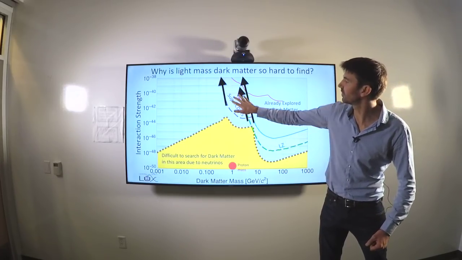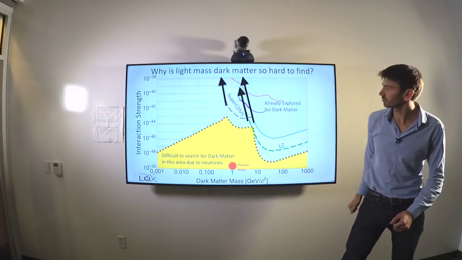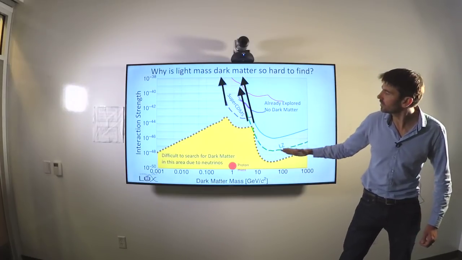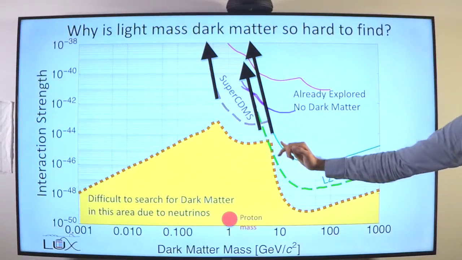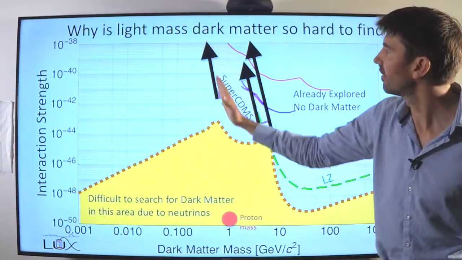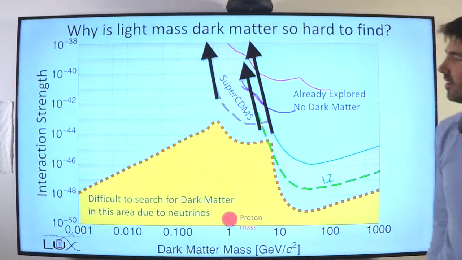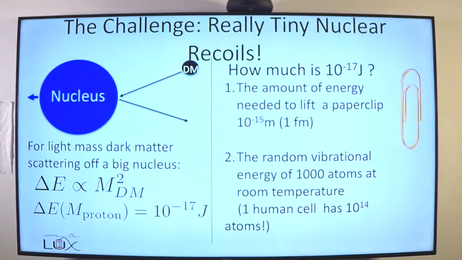By contrast, for SuperCDMS, my experiment, we're trying to push down to lower masses. And one of the things you see is all of these curves. If you see this LZ curve going here, and you see the curve of LUX and the curve of SuperCDMS sensitivity, they're all going up very quickly. So they all lose sensitivity to lighter mass dark matter. It really comes down to just kinematics.